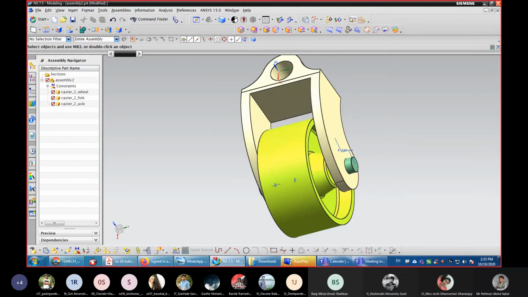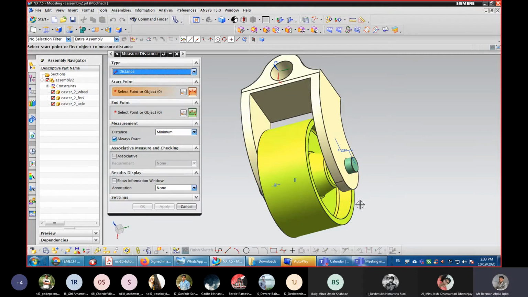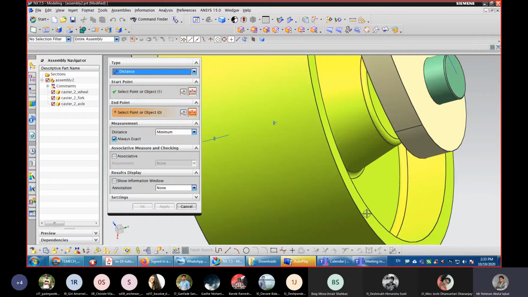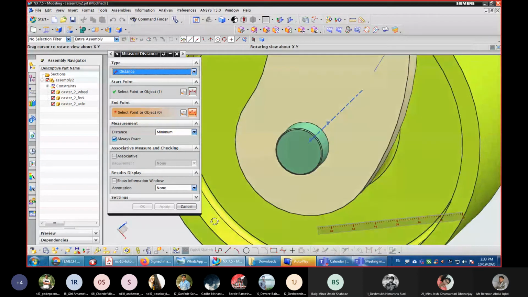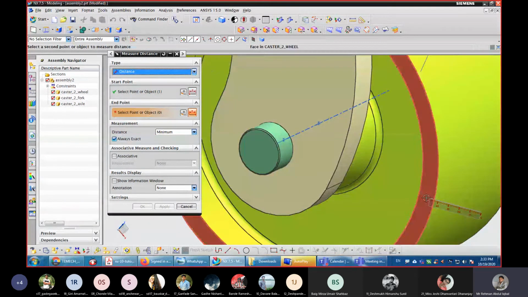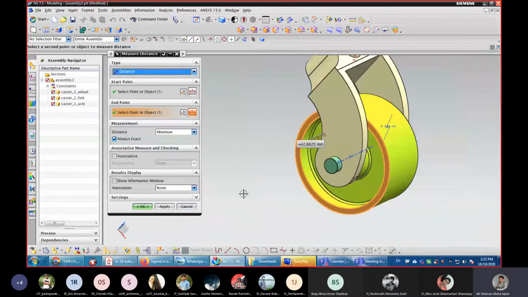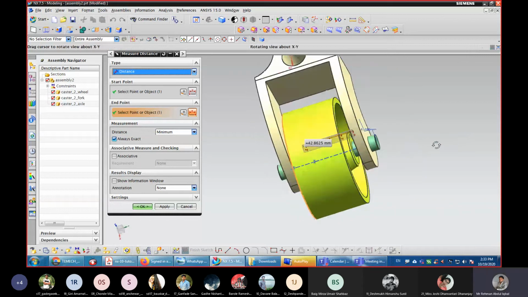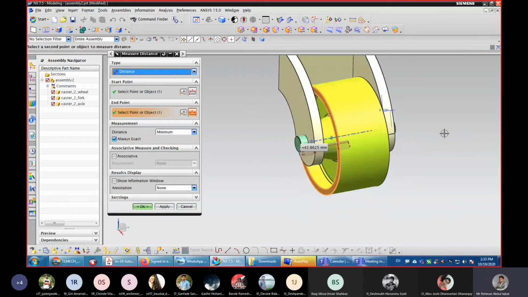Same thing, find out the distance from this face to this face. कितना आ रहा है? 42.86. 42.86 ठीक है।